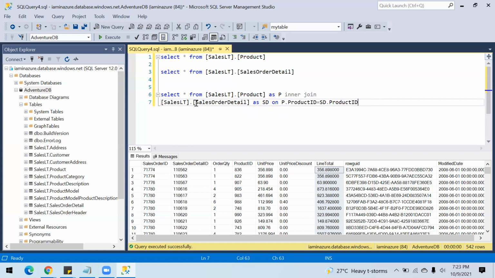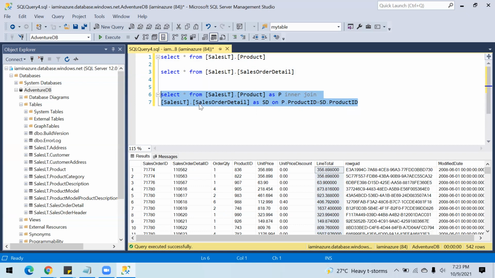Rest of the records, let's say if my sales order detail has some additional product IDs, but that will not be the case because it's a foreign key. We have a foreign key constraint. But if we have those, then we will not be able to fetch them if we use the inner join. But to get a better understanding of joins, please go through some tutorials or some documentation. You will understand it because they have better visualization.